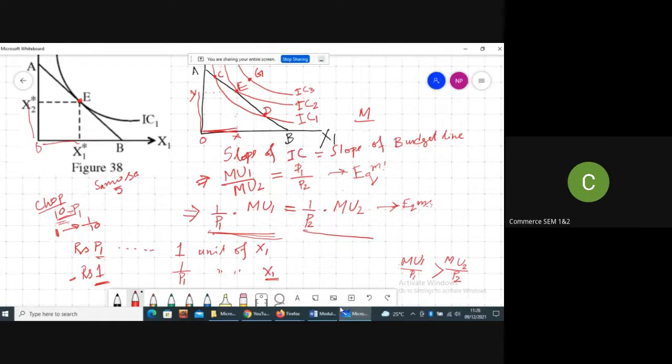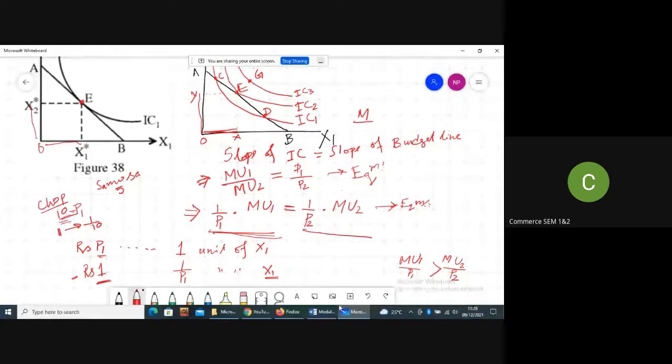আমি বললাম যে যদি এই কন্ডিশনটা হোল্ড করে, যদি MU1 by P1 is greater than MU2 by P2, then যদি কনজিউমার এক্সট্রা 1 টাকা পায়, তাহলে কনজিউমার সেই 1 টাকা কমোডিটি 1 এর পেছনে খরচ করলে, মানে কমোডিটি 1 বেশি করে কিনলে তার যে ইউটিলিটি পাবে, সেটা সেই 1 টাকাটা কমোডিটি 2 কিনলে যে ইউটিলিটি পেত তার চেয়ে বেশি হবে। তাহলে একজন রেশনাল কনজিউমার যদি এক্সট্রা 1 টাকা পায়, সে এক্সট্রা 1 টাকাটা কমোডিটি 1 এর জন্য খরচ করবে,